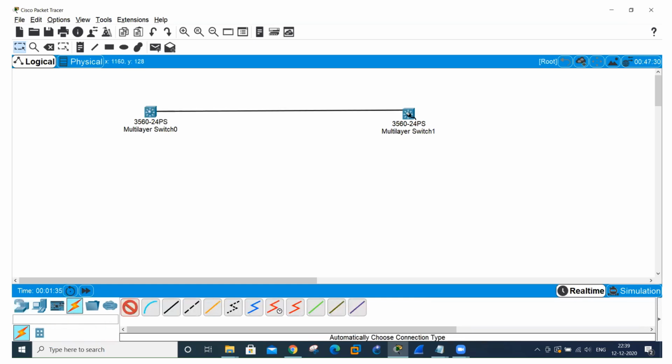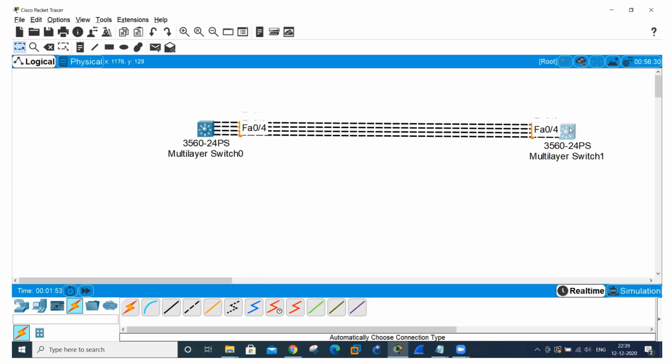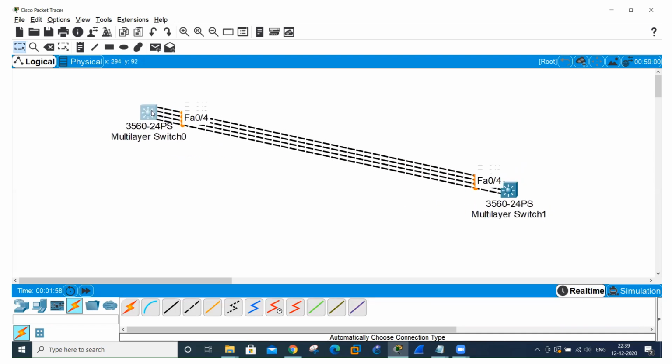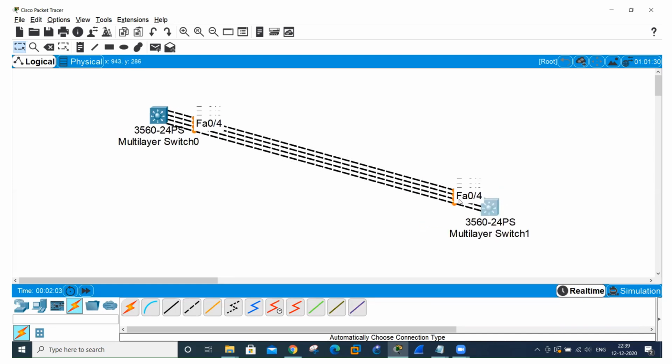So this is FS01, FS02, FS03, and FS04. Okay. Now let me just go ahead and zoom this. Now, if you look into these 4 links which I've added between both the switches, though we have got